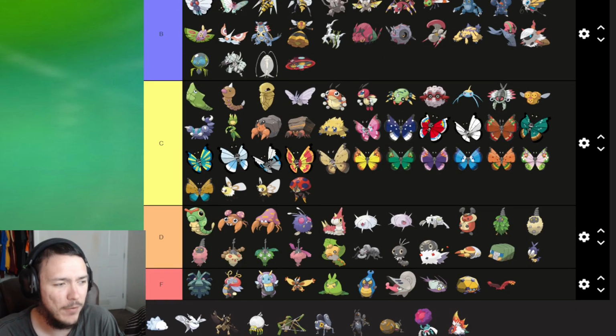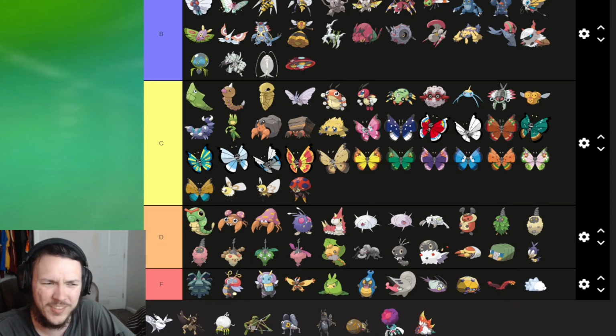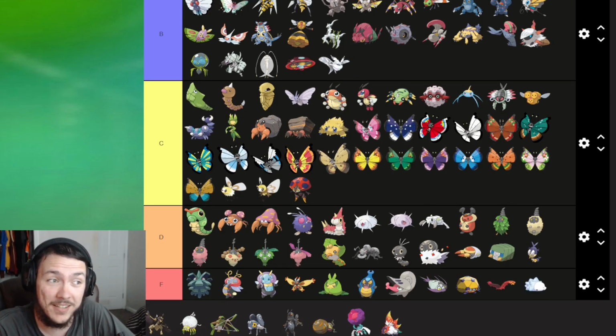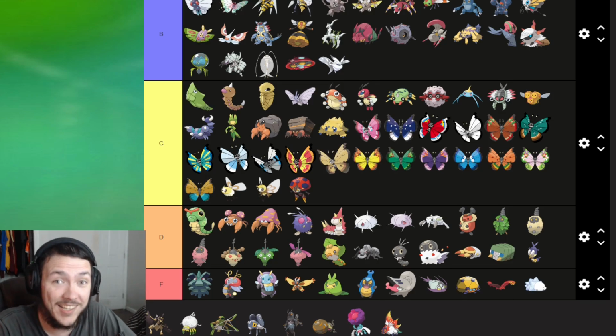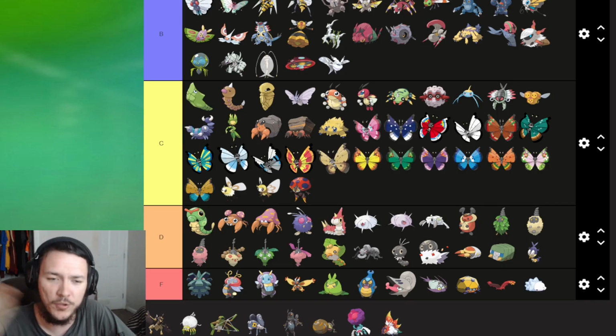And then Snom and Frosmoth. Ooh. I would say Snom is an F tier. This guy's kind of ugly looking. But Frosmoth, though, is probably getting the B. Like, that is a beautiful butterfly. And it's ice and bug type. Done. Easy. Alright, Kleavor isn't, he's still a Gen 8, but he's not, like, part of Sword and Shield or